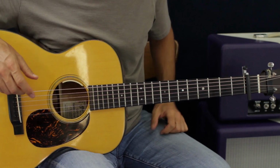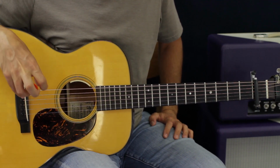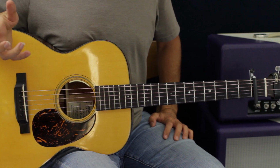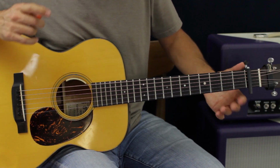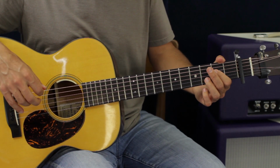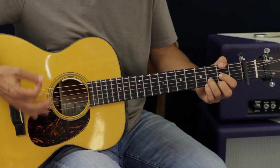Now it does pause on one of those chords. It's the typical country pause, which is awesome. It builds it back up into the chorus, right? So the chorus on the outro is the same, with the exception of when we go to the A to the G part, we're actually going to do that 2 times. So let's say we're getting into that part. So we got...